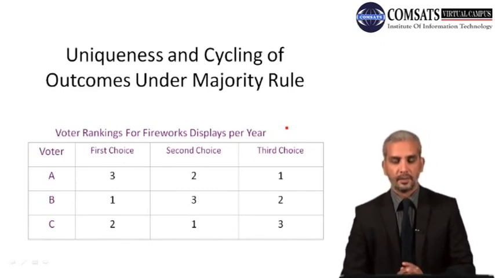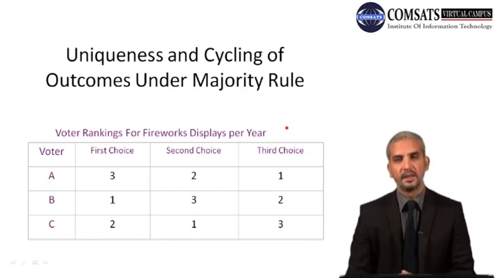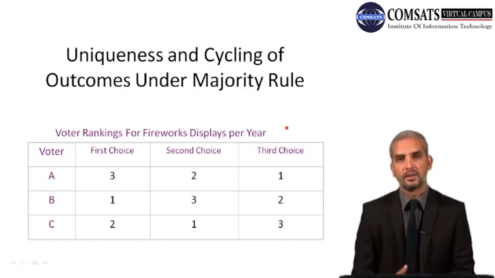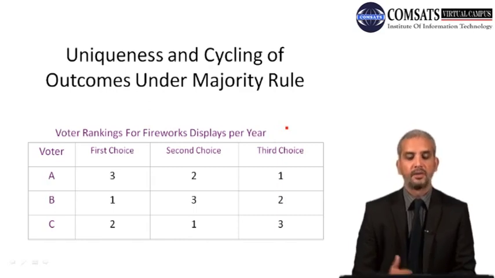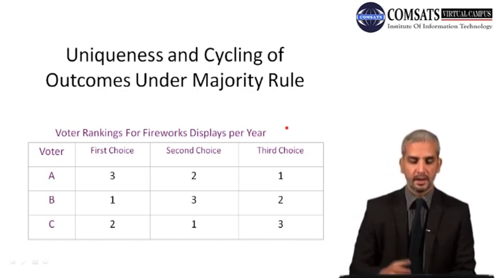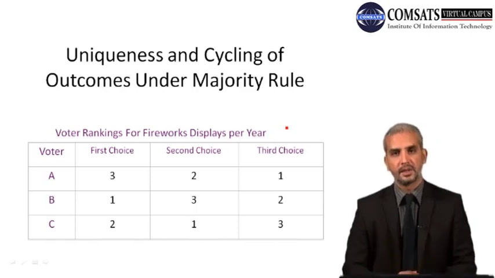We would discuss this scenario in terms of, for example, three voters, A, B and C. Now in case of a majority rule, let us consider voters A, B and C, and there are three choices. They are given three alternatives, which might be, for example, fireworks displays per year. It is an entertainment sort of scenario in which the public good is basically an entertainment good, the firework displays per year, and their choices of whether to have 3 fireworks, 2 fireworks or 1 firework are being narrated in this table.